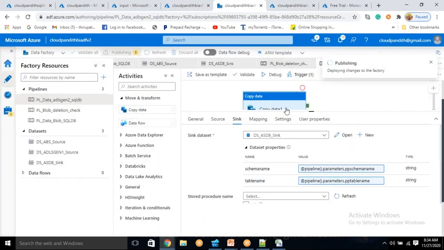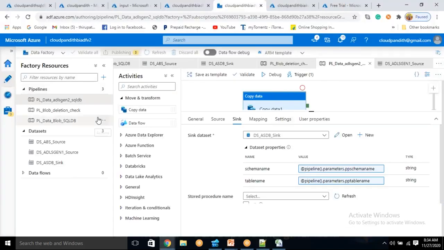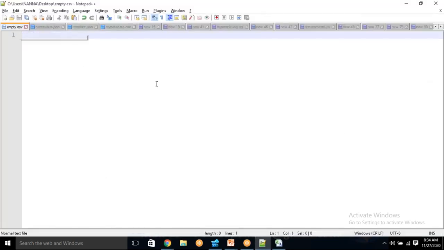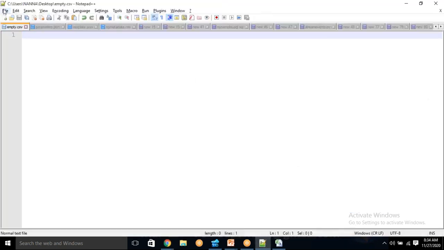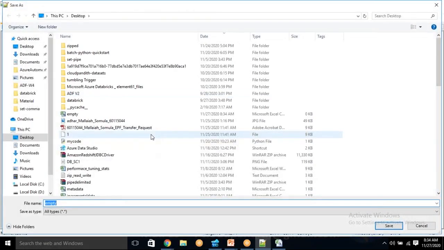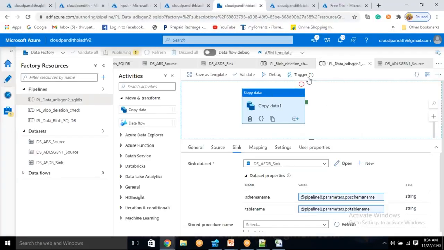Once it is published, I will try with two things. One is I will try to upload an empty file. For the empty file, empty.csv, when I upload, my pipeline should not run because I'm ignoring the empty blobs. And when I upload, this should be .json because my event trigger will respond only for .json files. Let me save this empty file as empty.json, because this trigger basically responds only for .json files. Even if you upload .csv files, it will not respond. That I will show you again. That also I need to show here, but